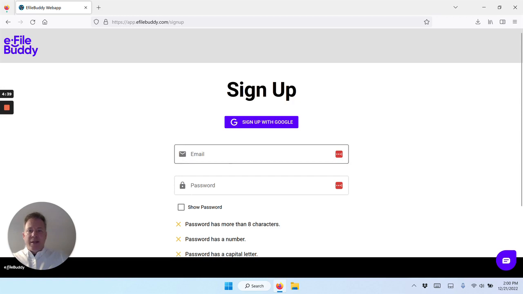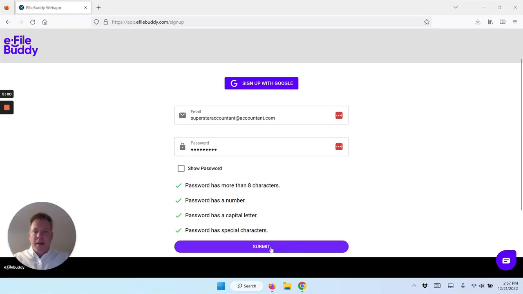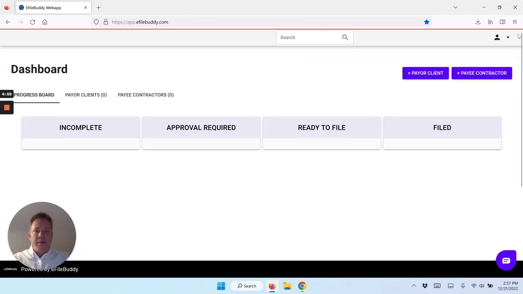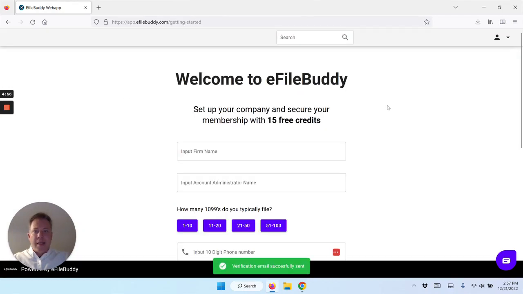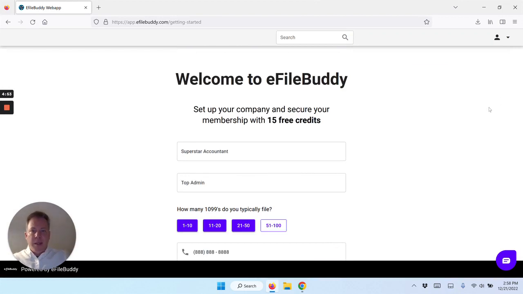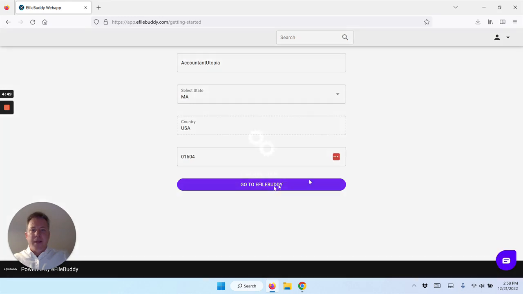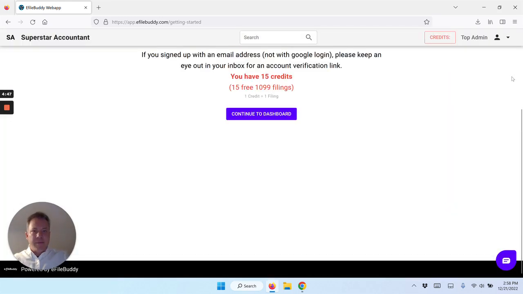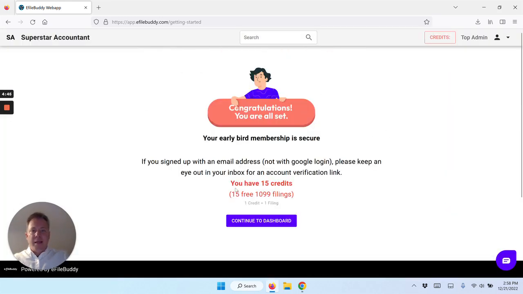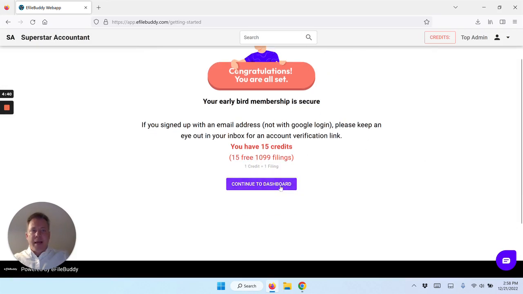Now you can either enter an email and password or sign up with Google. And we hit Submit. And we enter our firm information, superstar accountant, top admin. Let's go to eFileBuddy. It tells us that we've got 15 free credits because we got the early bird membership, and let's go to our